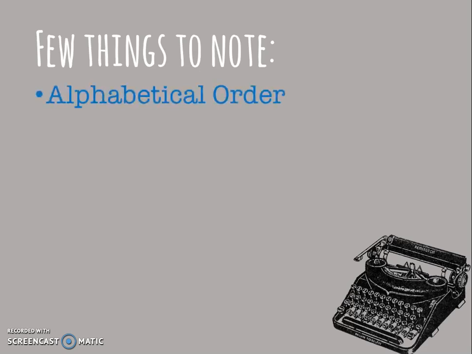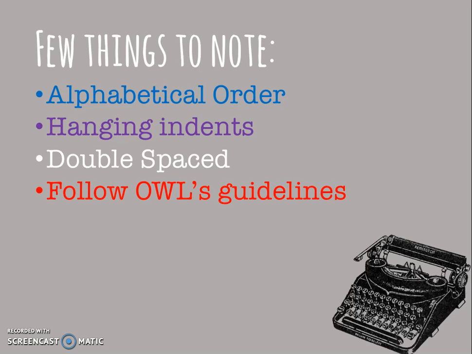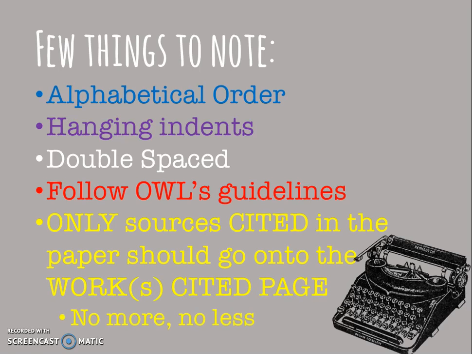All of your citations go in alphabetical order based on the first piece of information. Whenever one citation goes on to a second, third, or even fourth line, you create a hanging indent. Everything on your works cited page and your entire paper is double spaced. I want you to follow OWL's guidelines, meaning we are using the 8th edition of MLA. And then last but not least,